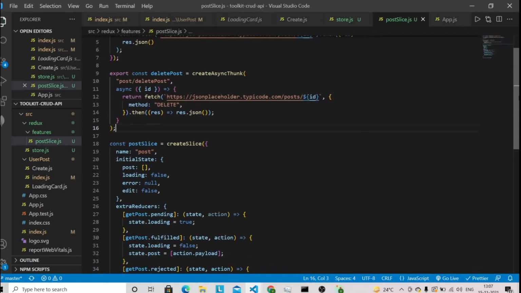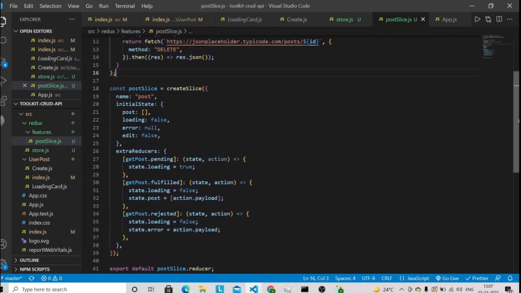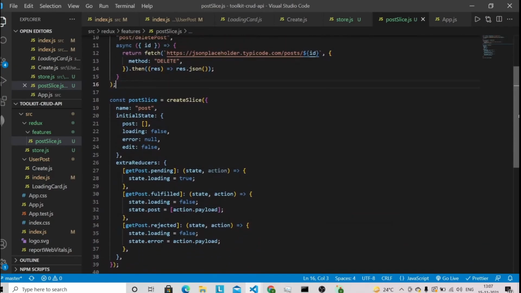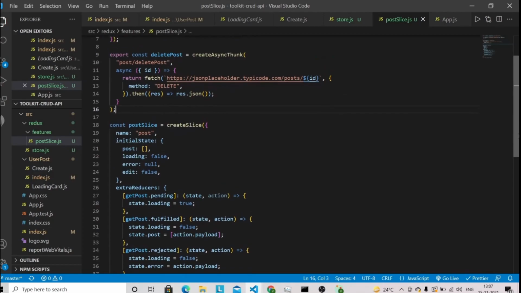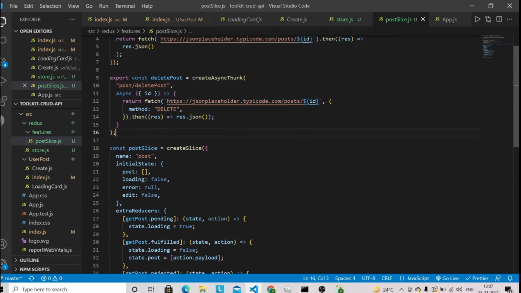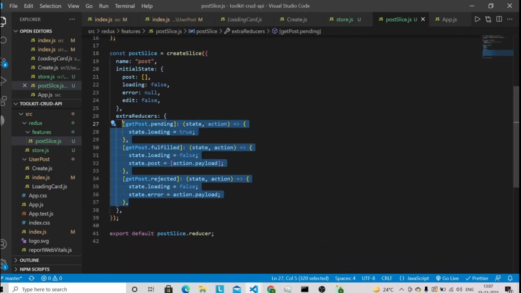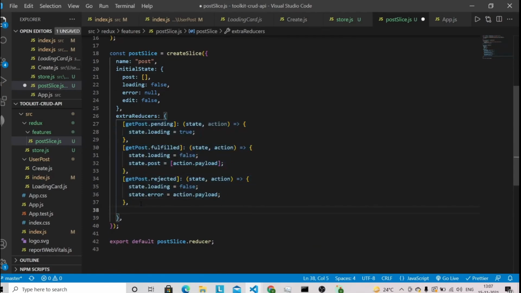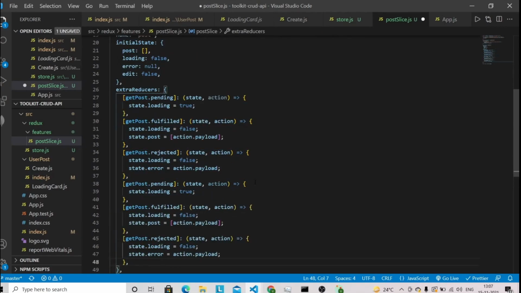So this way we are able to delete the user post, and we have to again define all three promise life cycles, that is pending, fulfilled and rejected, for the delete post as well. So I'm just going to copy again, and paste it. Once it's deleted, it will return the empty object.